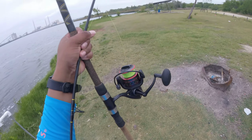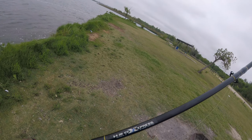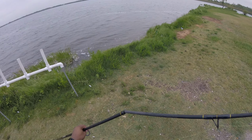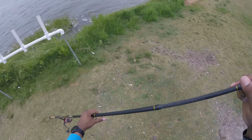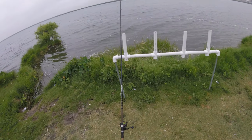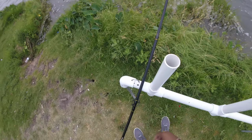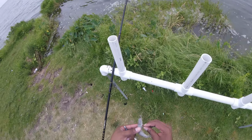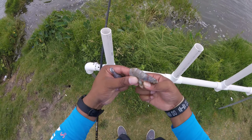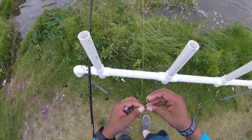Right, so we got the Penn Fierce 5000 paired up with my H2O Express 12-foot surf rod. And what we have is your fish finder rig. The wind's not bad out here, so what we're gonna do is we're gonna go with a 3-ounce sinker, Texas raised shrimp, and I don't do anything special with my shrimp. All I do, run it through the body just like so. Have that little bit of hook exposed at the bottom,